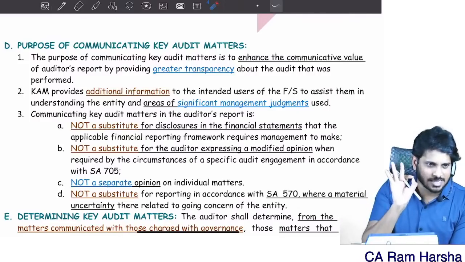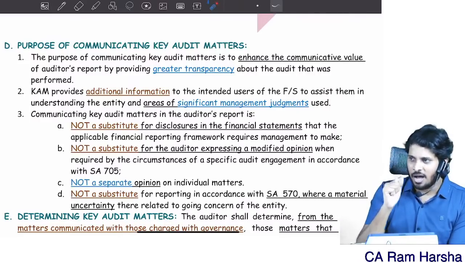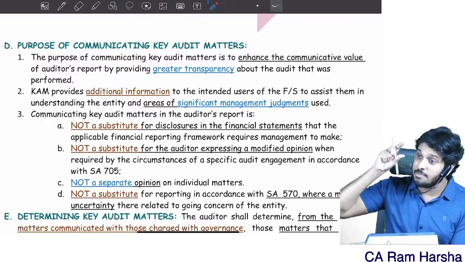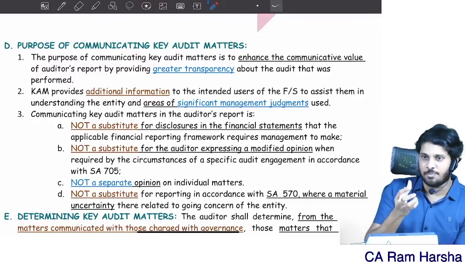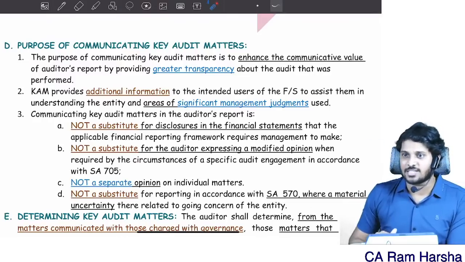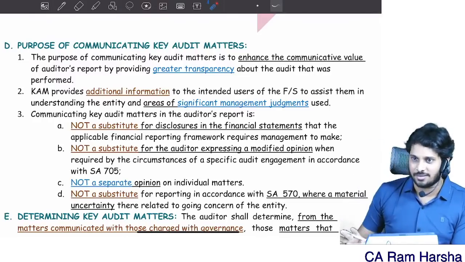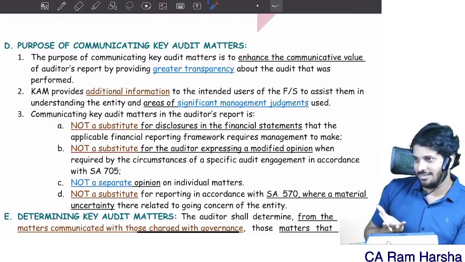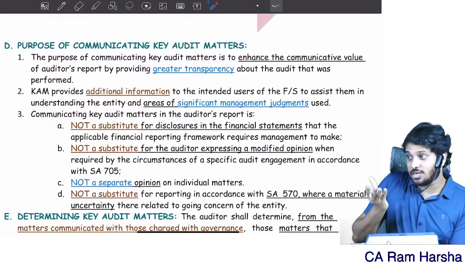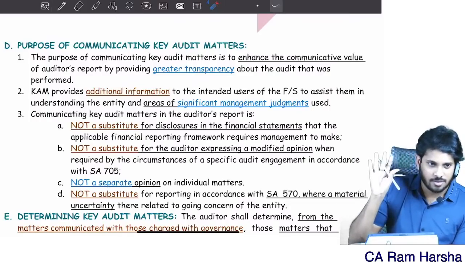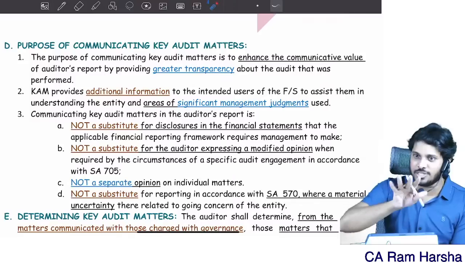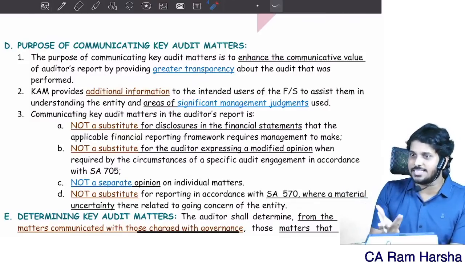Key audit matter is exactly demonstrating what according to the auditor is important for him in the current period audit. He selected that as the important item. And on the right side, what is he explaining? How he audited that is being explained. Why do I need that? Are you getting this? In order to give more transparency about the audit, you are confusing me. Through key audit matter, auditors are in fact confusing us, because they are giving unnecessarily extra information.